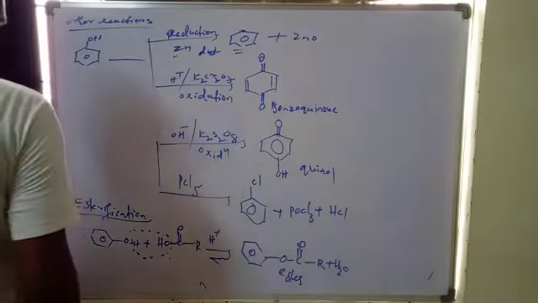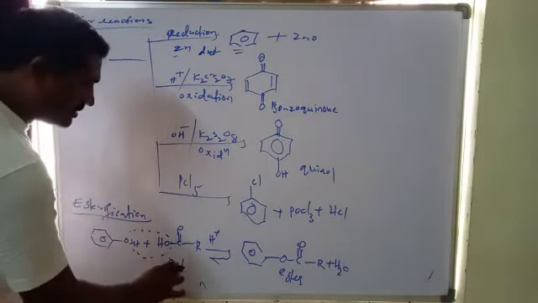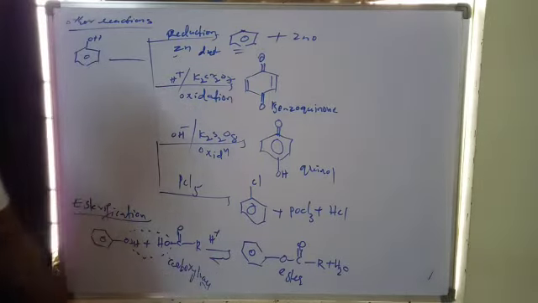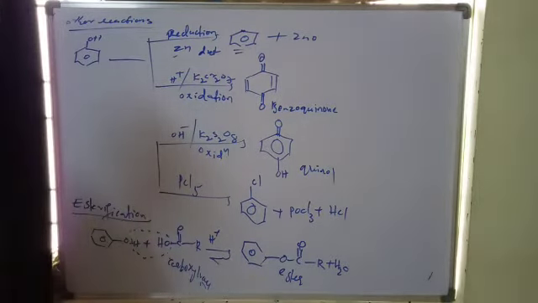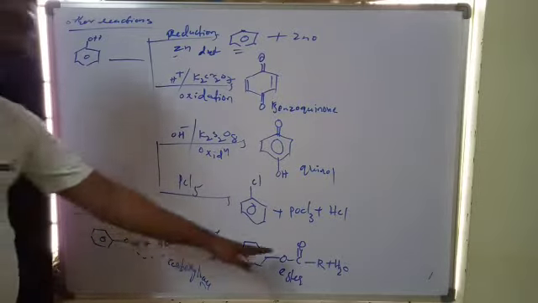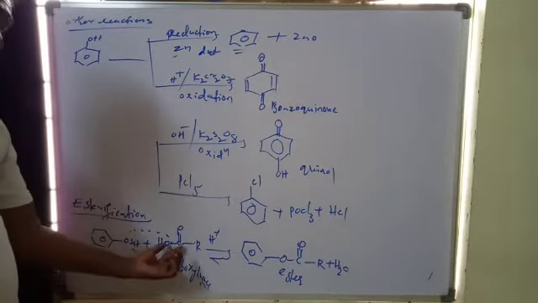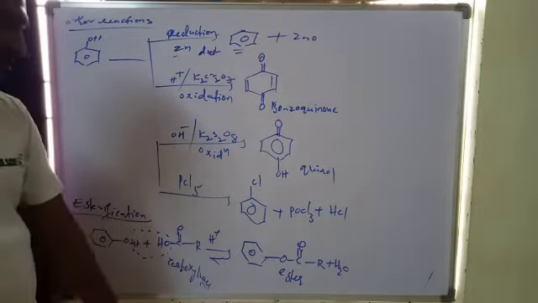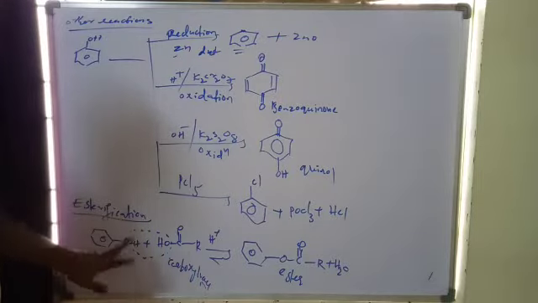Next, the esterification: phenol reacts with a carboxylic acid. With carboxylic acid in acidic medium, water elimination takes place and forms an ester. Already we discussed this in alcohols, so here we have taken the R group. The same ester formation also takes place with acetic anhydride and acetyl chloride. Same as alcohols, here also the same reactions. This is the formation of ester from carboxylic acid and phenol.